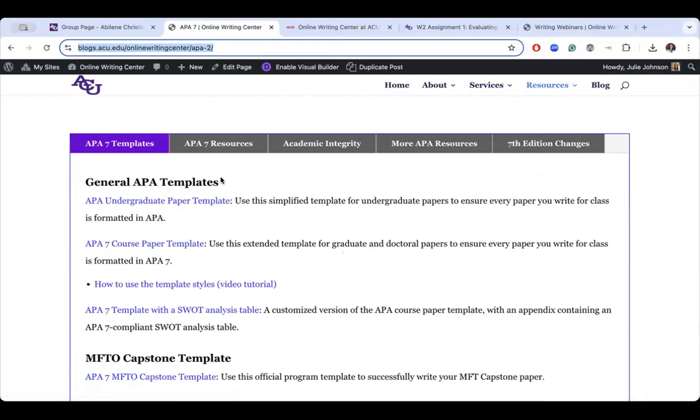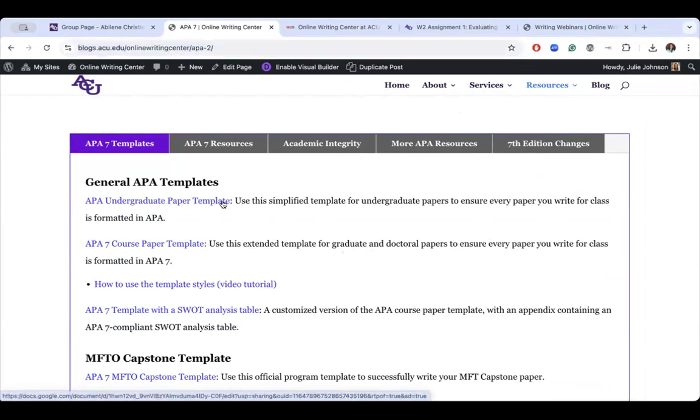Go ahead and, if you're following along, download the undergraduate paper template. This is a simple APA template, and it's a paper that you can download and open up in Microsoft Word and use to fill in for any paper that you write. So for your first paper that's likely due in the next couple of weeks in your first courses, go ahead and download this template and